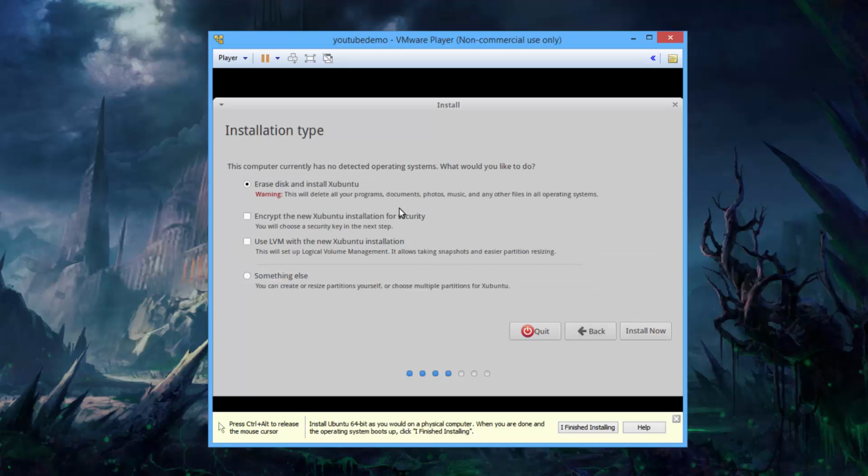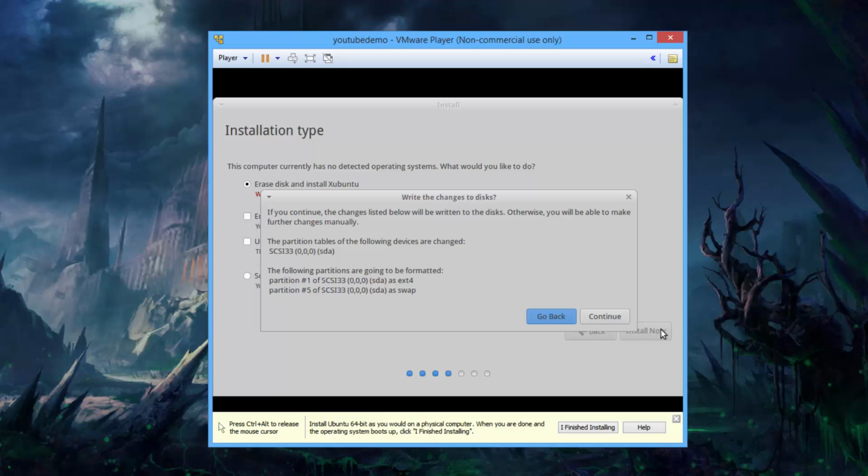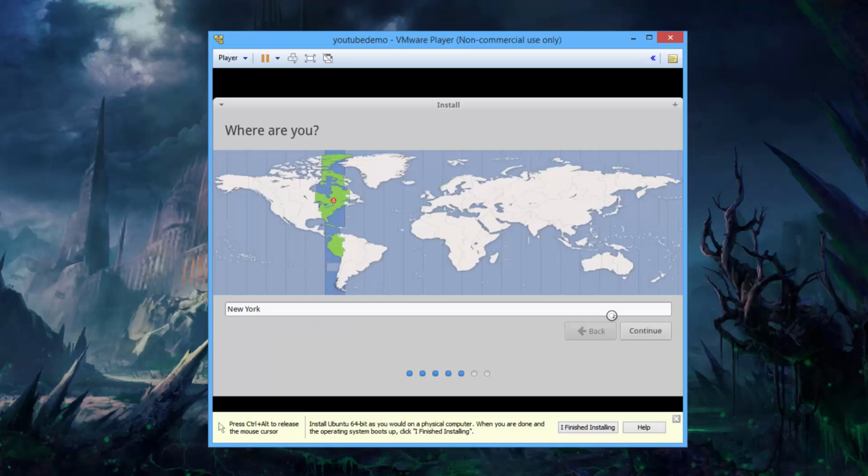Next up, we're going to erase disk and install Xubuntu. Keep in mind that this is happening inside of a virtual machine, so it's not really going to wipe your disk. So go ahead and click Install now. Then we just have to confirm that we want to make the changes to disk, so go ahead and click Continue. Chances are Xubuntu picked your location in the world, so when you're happy with where it thinks you live,